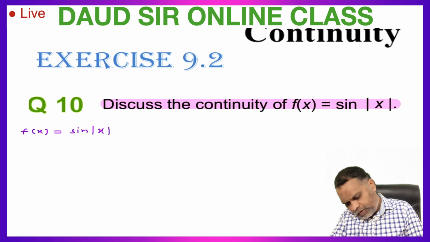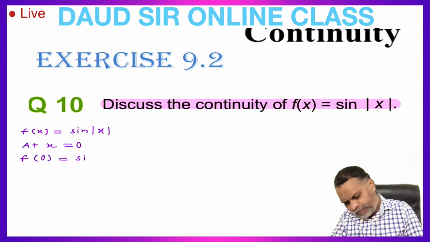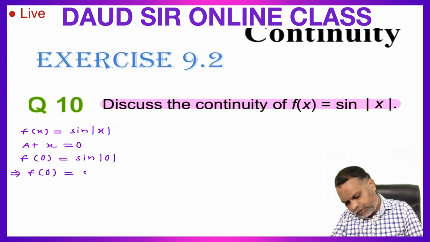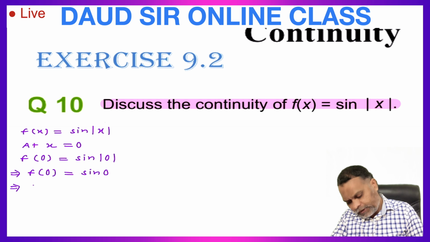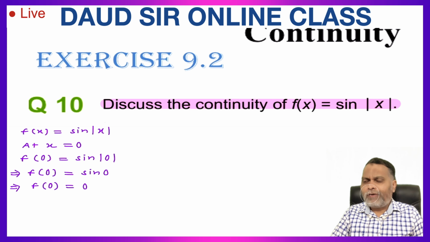So at x is equal to 0, f of 0 is equal to sine mod of 0, which implies f of 0 is equal to sine modulus of 0 is 0, which implies f of 0 is equal to the value of sine 0, which is 0. So the value of function at x is equal to 0 is 0. Now